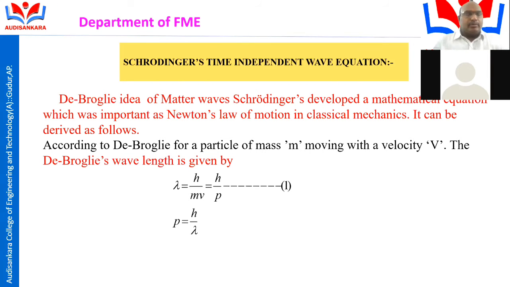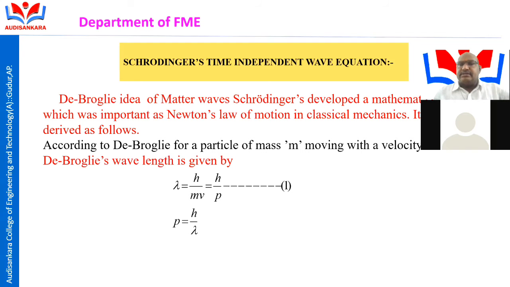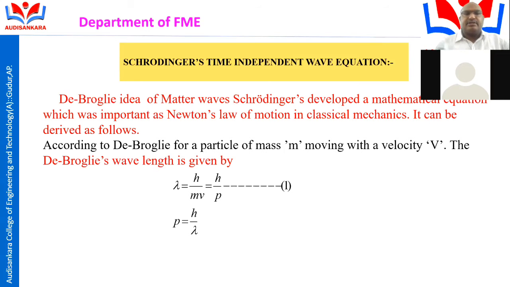Unit 2, Principles of Quantum Mechanics. Schrödinger's time independent equation. In Schrödinger's time independent wave equation, del square psi plus 8 pi square m by h square into (E minus V) into psi is equal to 0. That is called Schrödinger's time independent wave equation, where del is a Laplacian mathematical operator, m is the mass of the electron, h is Planck's constant, E is the energy, V is the potential energy, psi is called